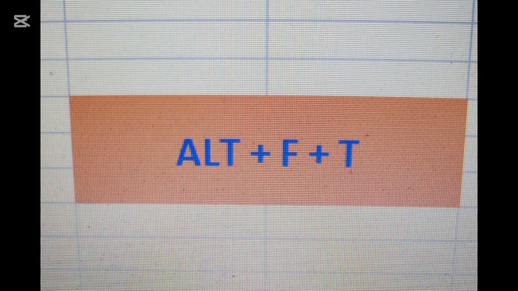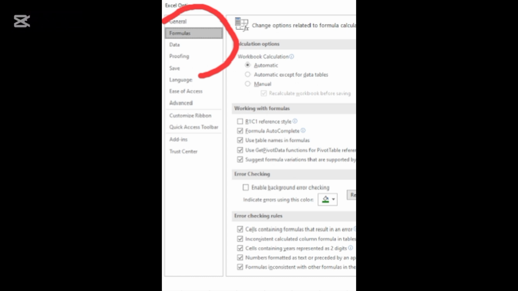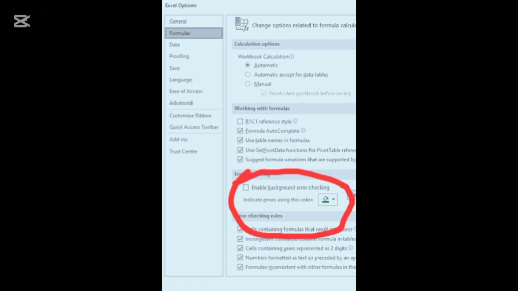So what to do from this point is to press Alt F T. Alt F T takes you to your settings, then on the left side you see General, Formulas, and then Data. So what you need here is Formulas. So click on Formulas, and then you see an option to either tick or untick